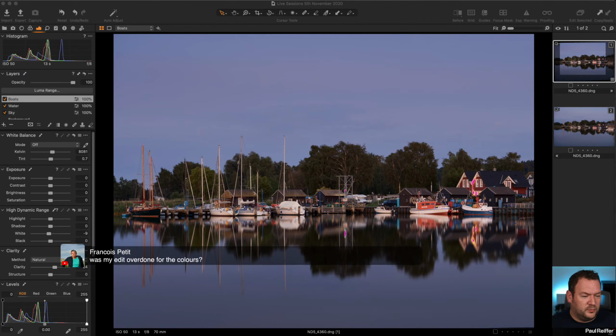Where were we? Francois, was my edit overdone for the colors? Was my export, want to see my edit? I'm not sure what you mean, Francois. I know you sent a DNG, so I don't know whether this was already the edited version. But